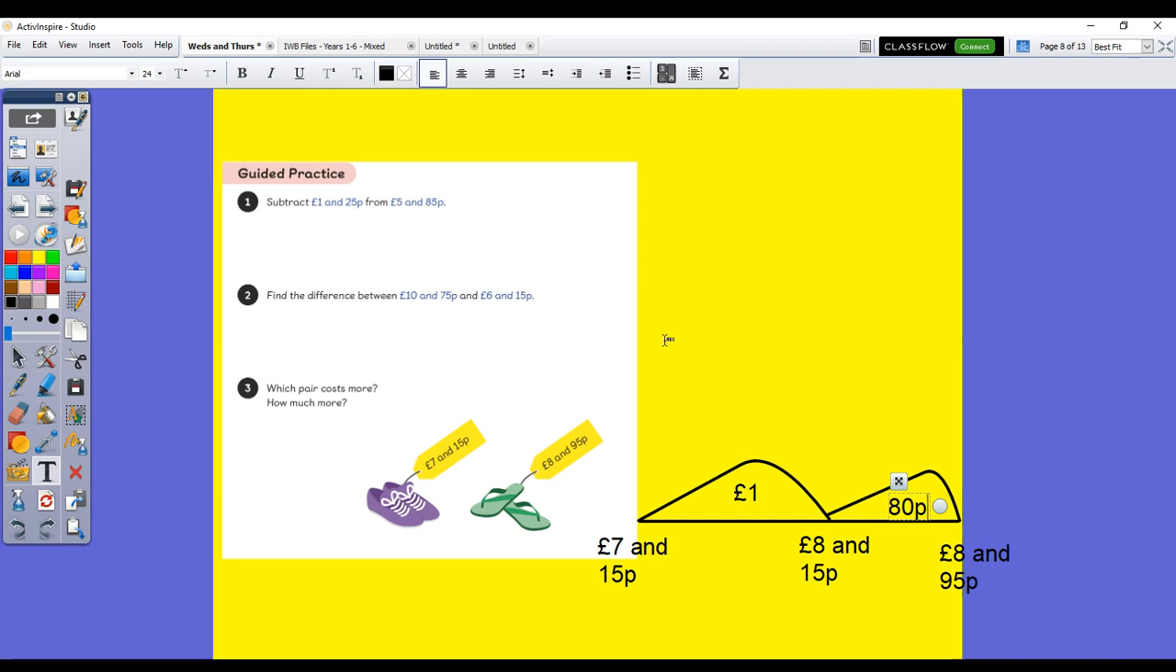Okay, so we can say the flip-flops cost £1.80 more than the trainers. Okay, because we have found the difference between £7.15 and £8.95. So they're £1.80 more. Okay, so pause this now, go back to this slide,